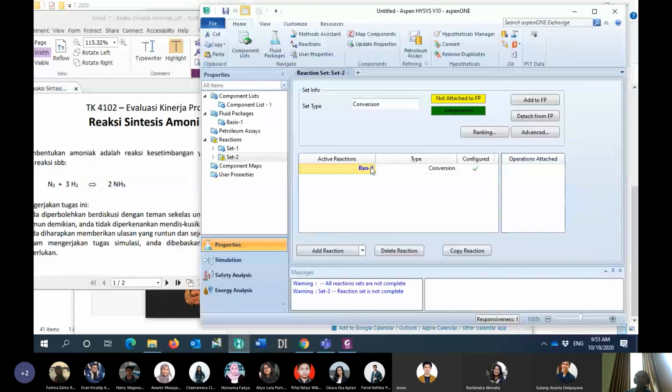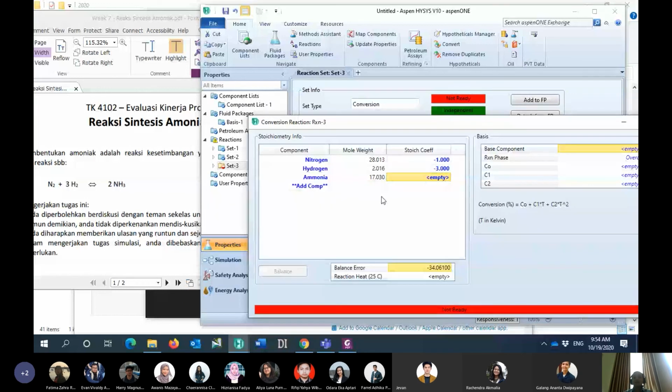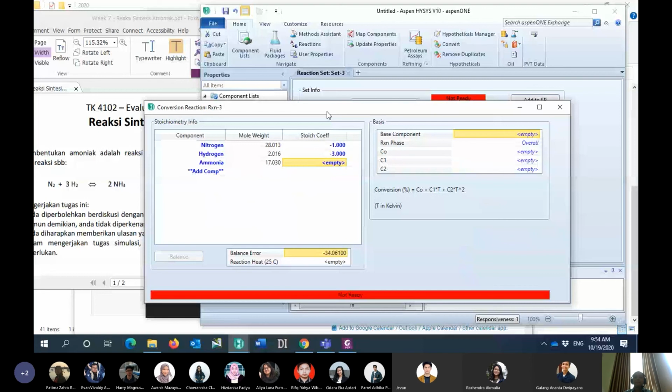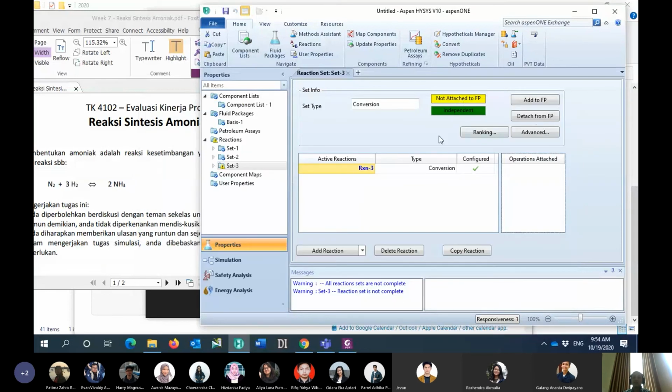This one will be -1 and this one is -3, and then I click balance. For CO here it should be less than 10. Probably I put a 7 for the initial. So bed number 3, the initial value will be 7% in terms of the conversion.